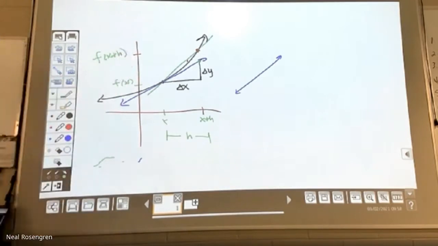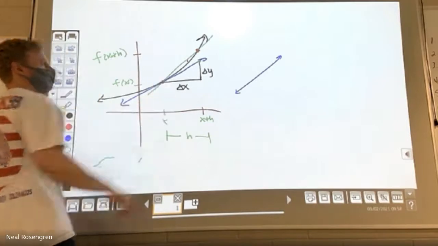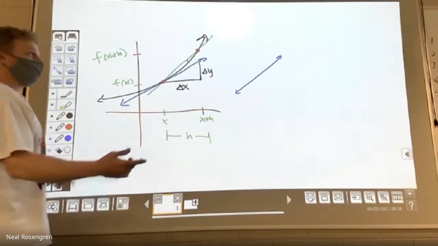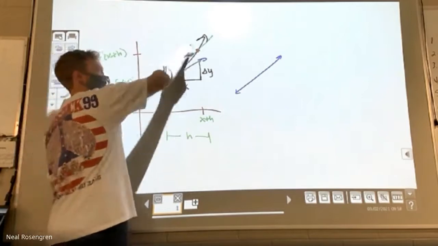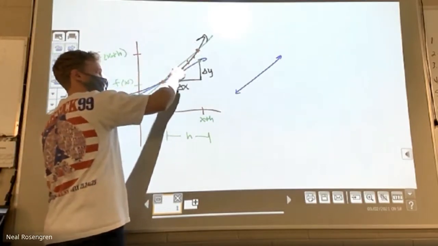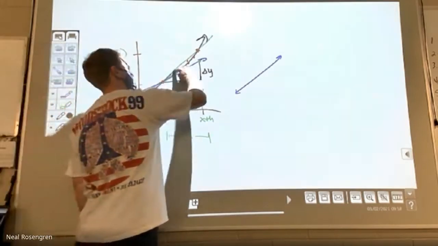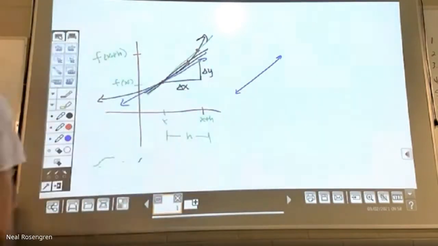If I could find the slope between these two red points, the slope of the green line and the slope of the blue line will be pretty close, but they're just not exactly the same. But if I started to inch this, let's say this point is fixed because that's the slope that I want, and I start moving this point closer and closer, we start getting lines that get closer and closer to being the blue line. Right? Those black lines start getting closer and closer to becoming the blue line.